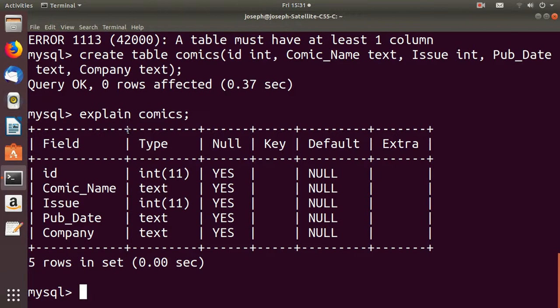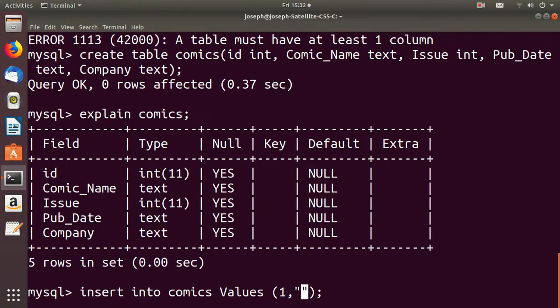We do that by typing in insert into comics values, parentheses, and row 1,